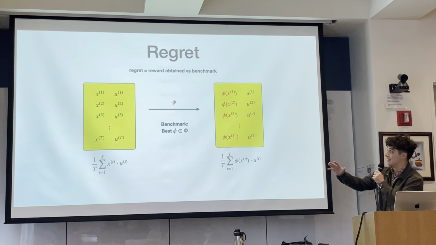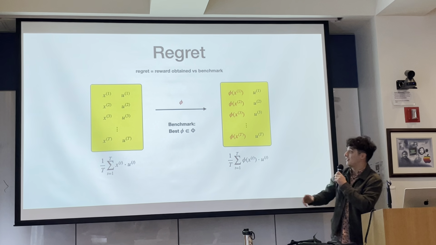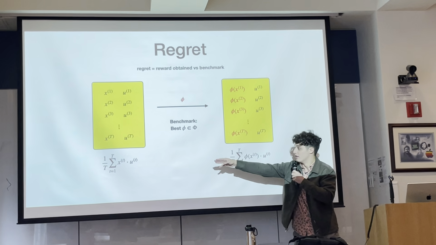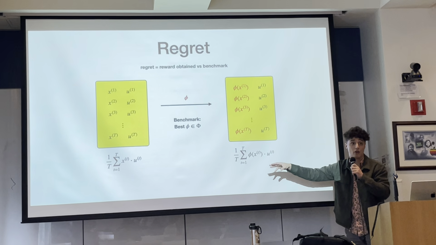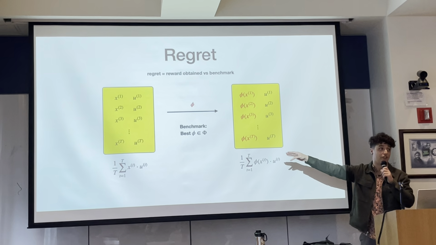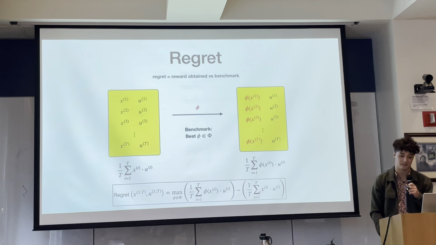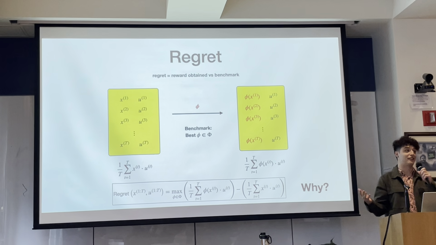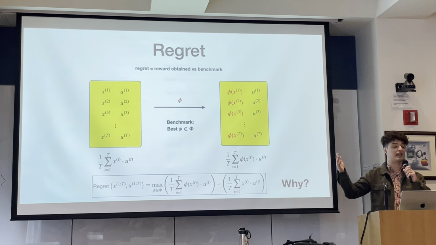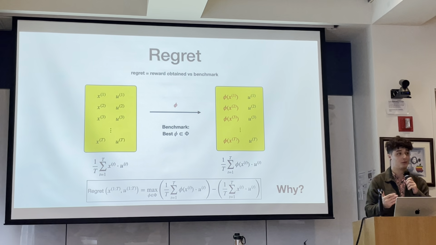Anyways, this is essentially the notion of regret. We're comparing ourselves to some set of transformations, capital Phi. What we're going to do is run our online learning and then compare our performance, our total reward, to the reward of a transformation of our actions, the best of all the transformations in this capital Phi. So that's the definition of regret. Okay, why is this the important metric for evaluating an online learning algorithm? Let's go through some examples of regret, and we'll try to gain some intuition as to why this is an important metric.